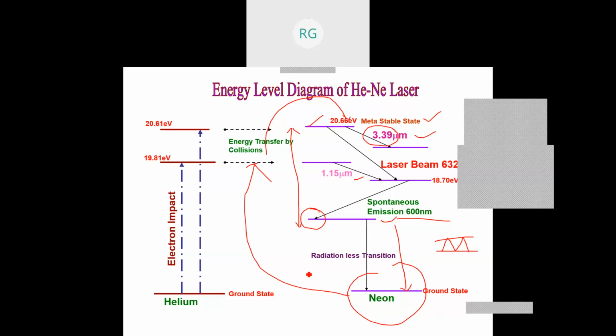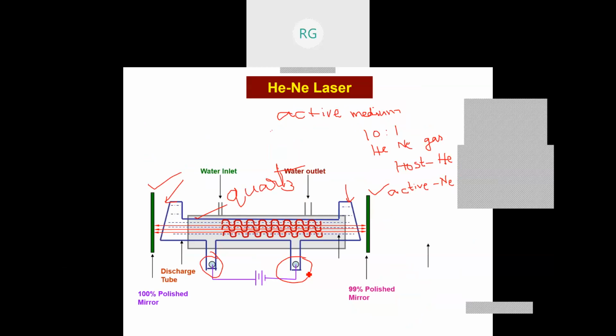Therefore, lasing action in helium neon laser is due to the energy transfer of helium atoms to neon atoms, and neon atoms will provide metastable states and they will give you many wavelengths. Out of these many wavelengths, we have to adjust the distance between the mirrors so that only one wavelength will satisfy the condition L equal to n lambda by 2. Therefore, that light only will come, other light will not come. Therefore, what light we want to get out of it depends on the distance between this mirror and the other mirror. These mirrors, this mirror and this mirror are important.